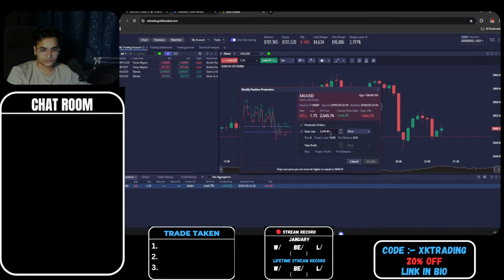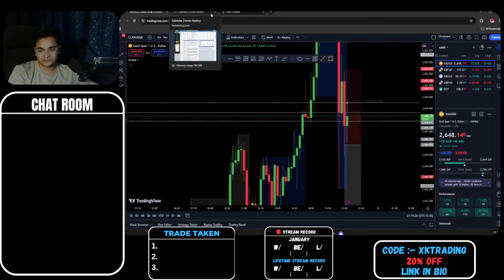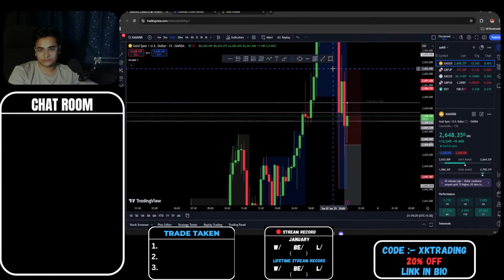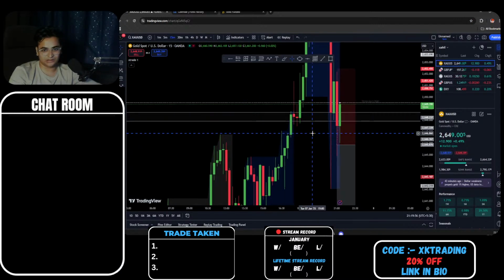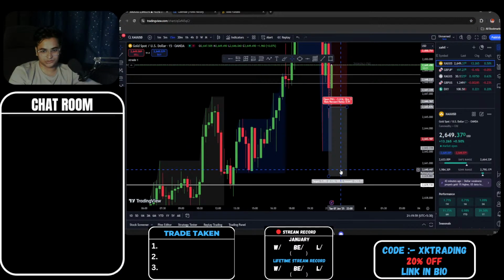Modify position, stop loss. We're at 2652.40. We're going to be losing 1.1%, right? To be honest, it's hard for me, because if we lose 1.1%, we'll still be left with 0.90% in profit. And how much will we be making if we win this trade, that is,